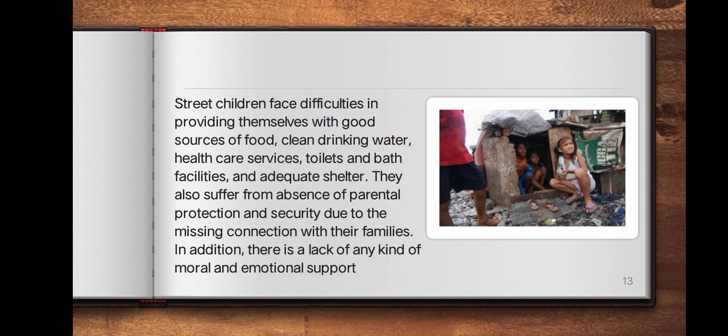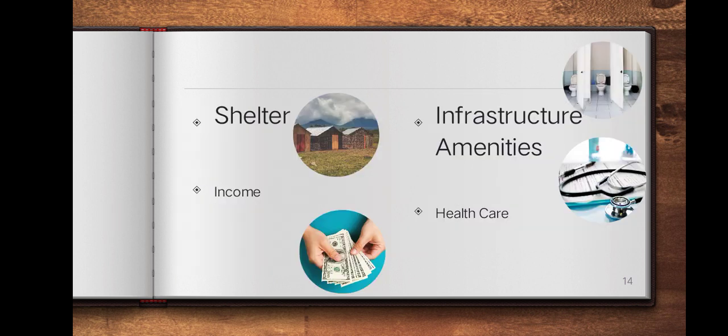Street children face difficulties in providing themselves with good sources of food, clean drinking water, healthcare services, toilets, and bath facilities, and also in inadequate shelter. They also suffer from absence of parental protection and security due to the missing connection with their families. In addition, there is a lack of any kind of moral and emotional support. So naay upat ka part lang atong gikuha nga need as a child. But sadly, sa mga street children, dili kayo lalim sa ilang nga part because the shelter nga part,